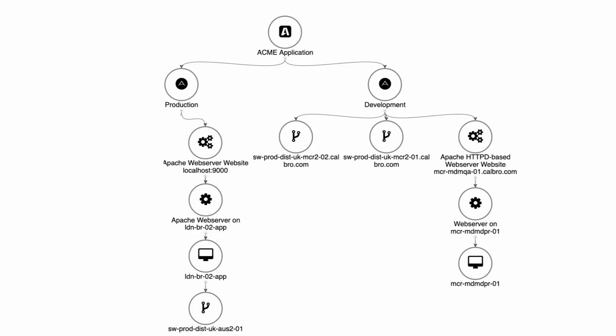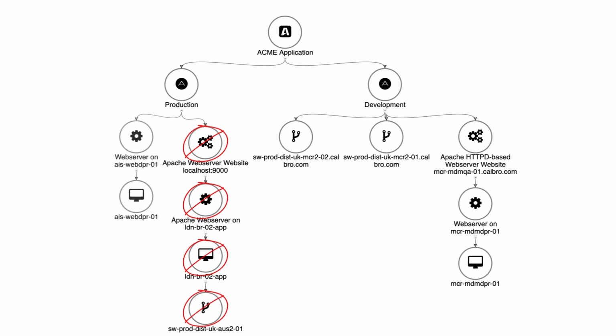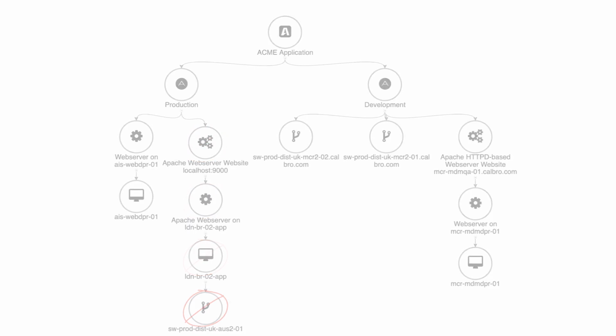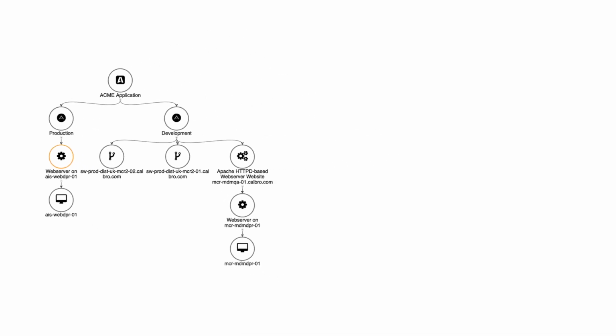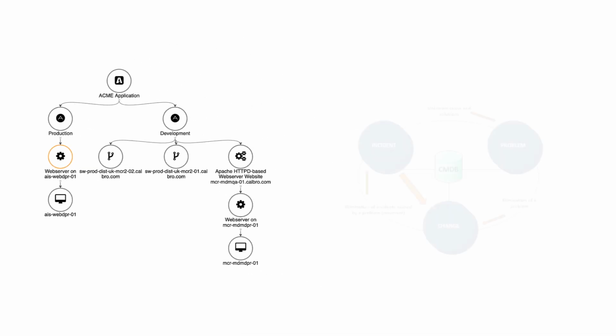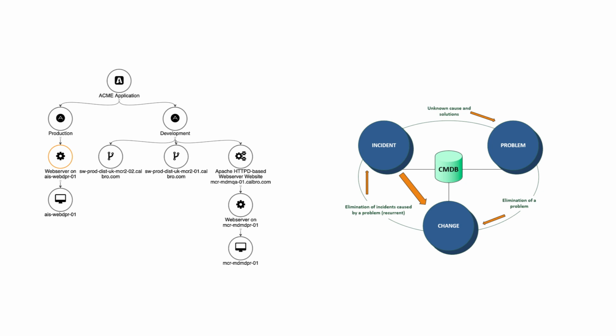We all know that over the life cycle of an application, things change. Some components are decommissioned and removed, and some are installed and added. The application definitions generated and maintained within uControl are typically used to drive incident, problem and change management processes within